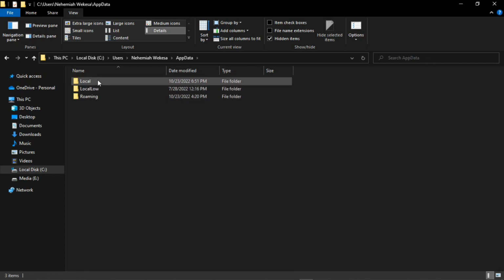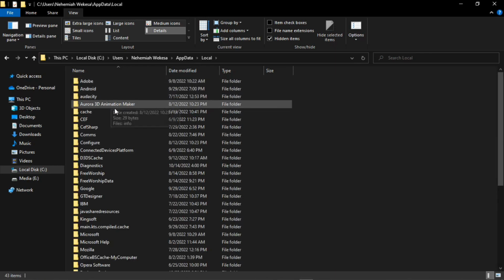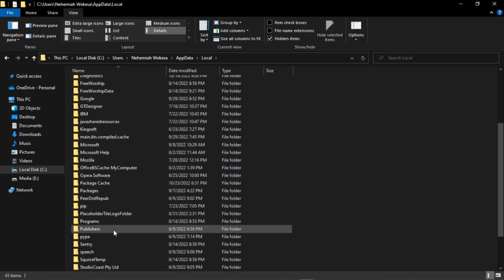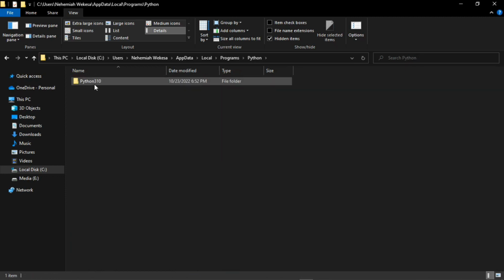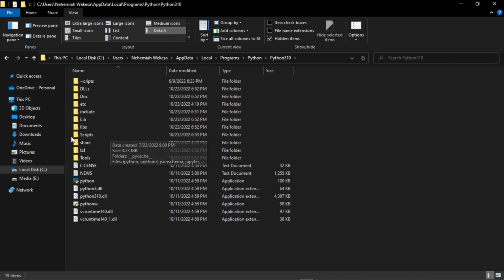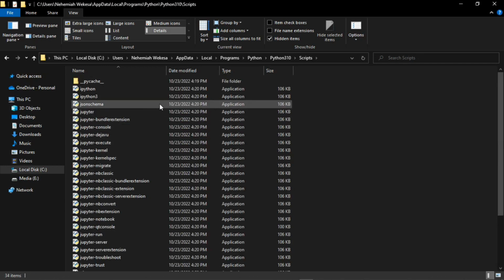Just click on it, then I go to the local folder here, and then I search for programs. Here it is, and then guys, I go to the Python here, and then I go to this Python 3.10. Basically it is 3.10. Now click on it, and then guys, I go to the scripts here. Go to the scripts, and then what you do guys, here in these scripts, just search for CMD. Just click on this. So guys, I click on this bar here, this URL link here, and